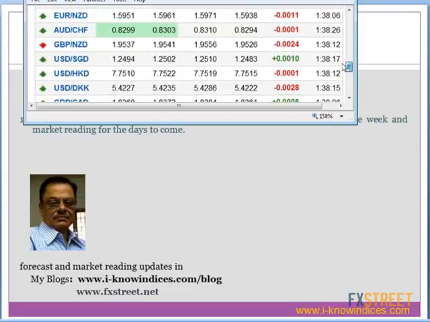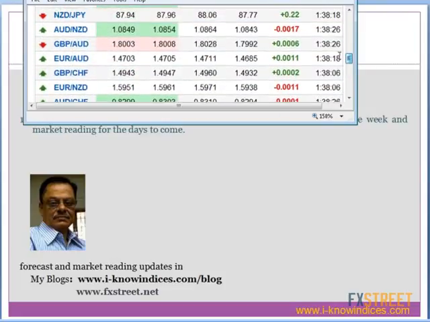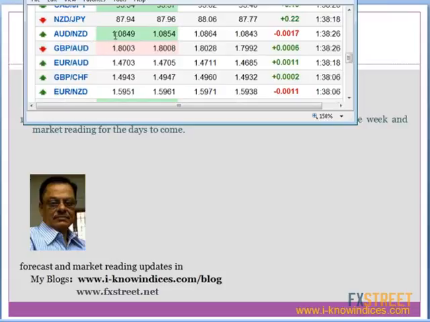I have that here. Okay. So Aussie, New Zealand dollar. New Zealand dollar is stronger against US dollar and Australian dollar is slightly weaker. So when the Australian dollar is weaker, the numerator is weaker and the denominator is stronger. So when both are numerator currencies against the US dollar, when the denominator becomes stronger, then the index comes down. So that is how they make the moves in the market.